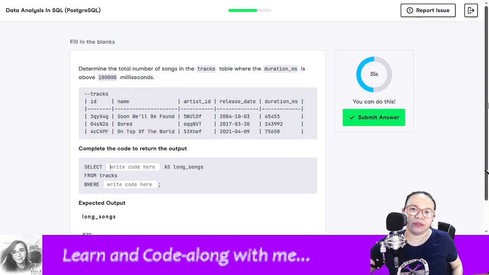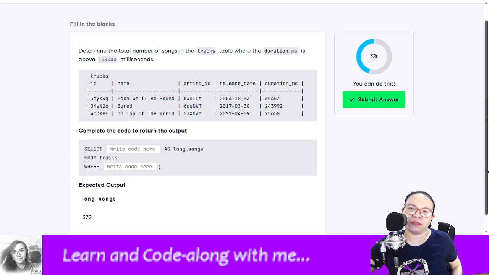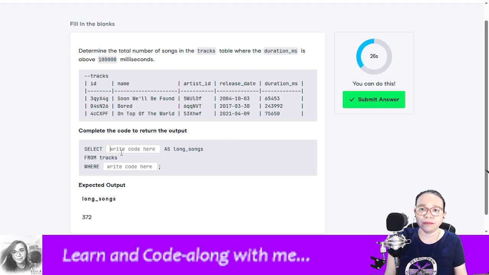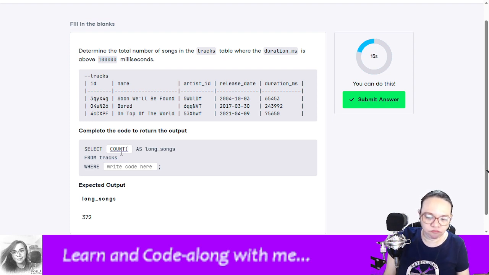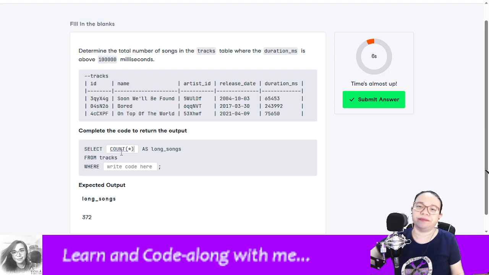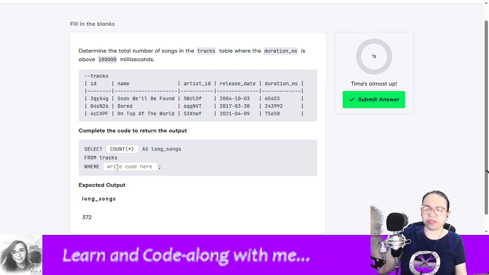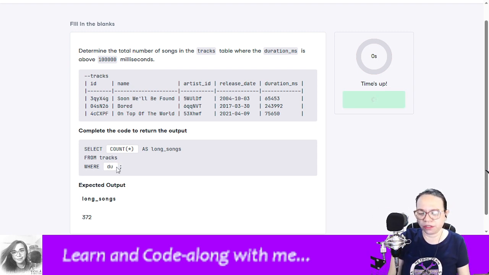To determine the total number of songs, select as long songs from tracks where the duration second is wait why